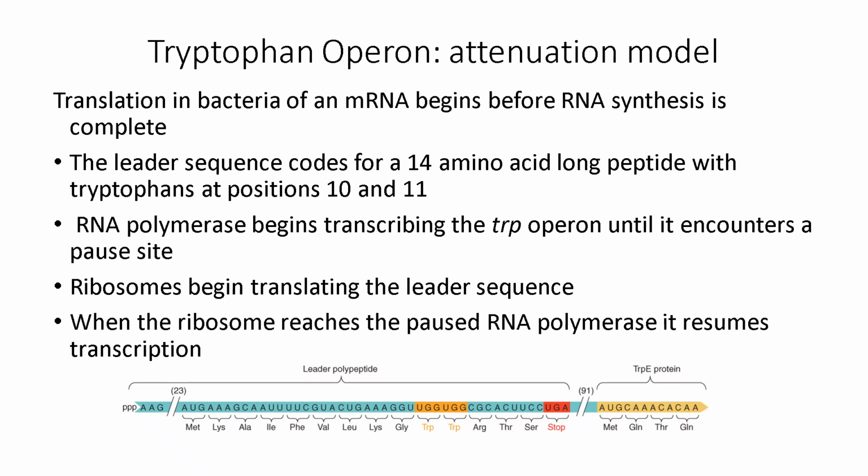This slide introduces the attenuation model, a sophisticated form of gene regulation in bacteria. As RNA polymerase begins transcribing the TRP operon, ribosomes simultaneously start translating the leader peptide, which includes 2 tryptophan codons. If tryptophan is plentiful, the ribosome quickly translates these codons and reaches the stop site, freeing the RNA to fold into the terminator hairpin. This causes RNA polymerase to fall off the DNA and prevents the expression of the TRP